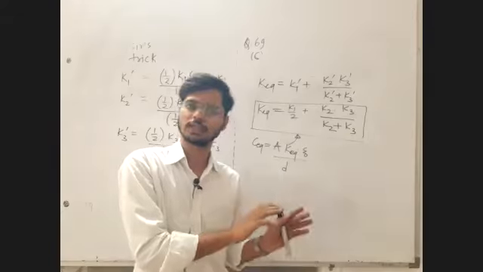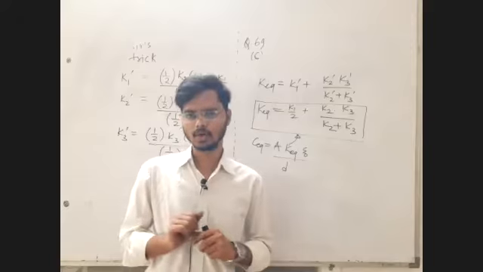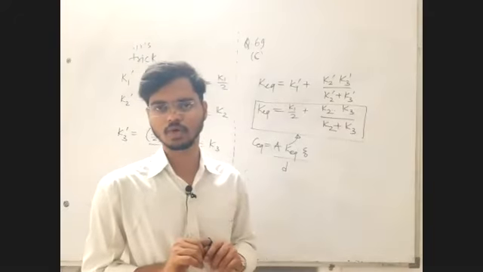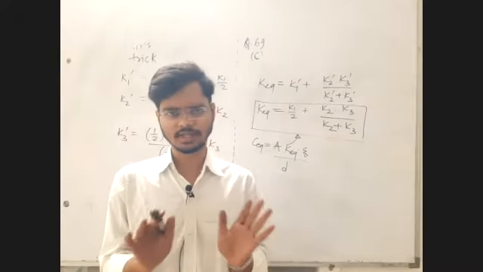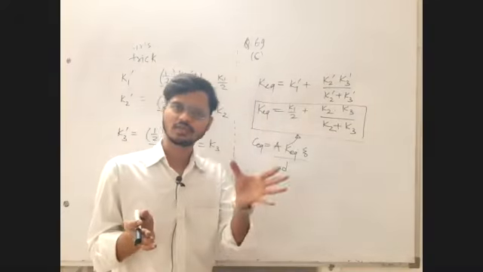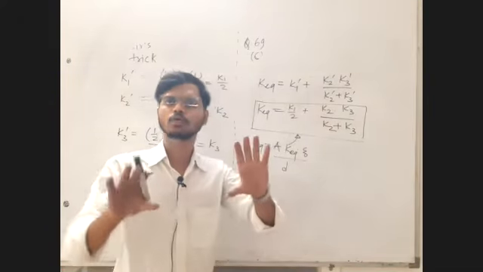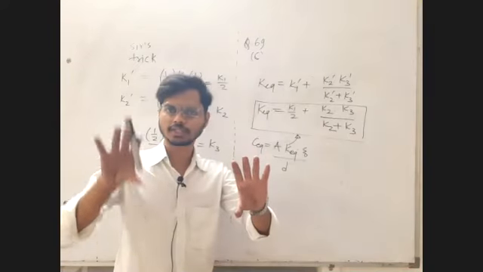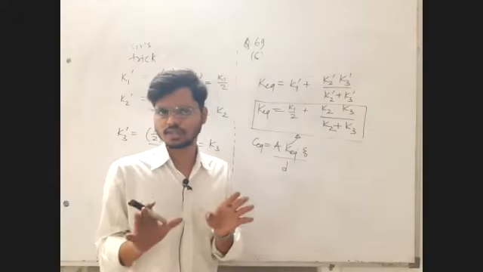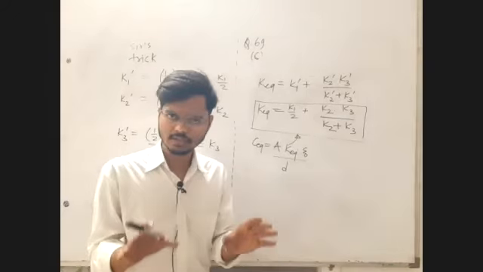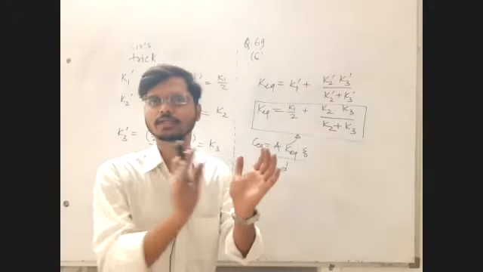So calculate the initial energy, calculate the final energy stored in the system: 1/2 CV square, Q square upon 2C, or half QV are our formulas. Whether the capacitors are in series or in parallel, there is nothing like energy in series or energy in parallel. If you have two capacitors in series, find out energy stored on the first capacitor, energy stored on the second capacitor, just add the energy. If you have two capacitors in parallel, find out energy stored on the first capacitor, energy stored on the second capacitor, add the energy. Don't make up energy in series, energy in parallel. There is no such thing. Calculate the energy stored on each capacitor. Just add them to get the energy of the system.